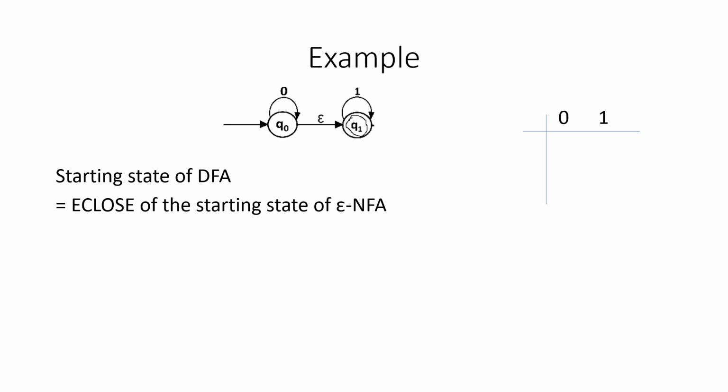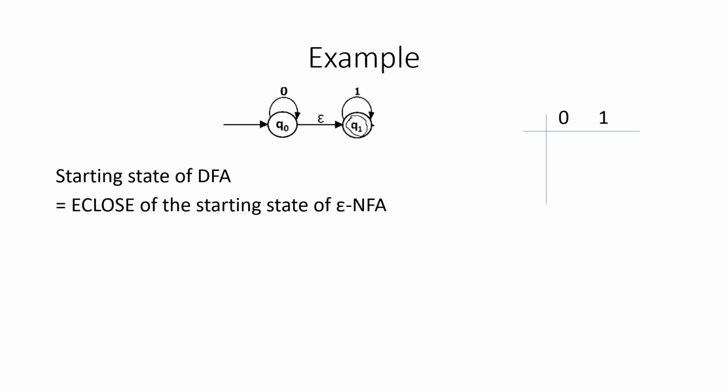But here there is a small change. The starting state of DFA is nothing but the E-close of the starting state of epsilon NFA. So you should not take directly the starting state of epsilon NFA as the starting state of DFA. We have to find E-close for the starting state of epsilon NFA and include that as the starting state of